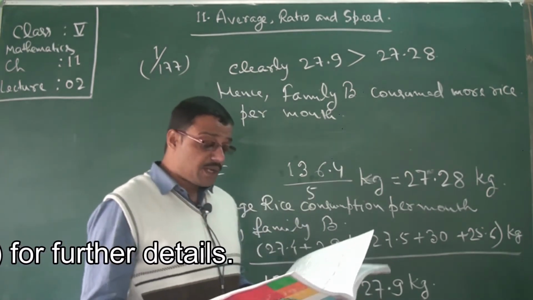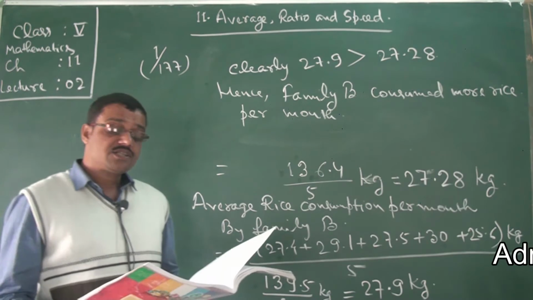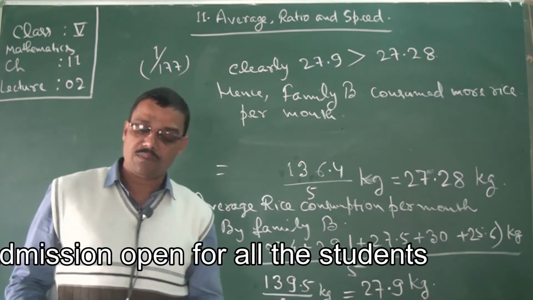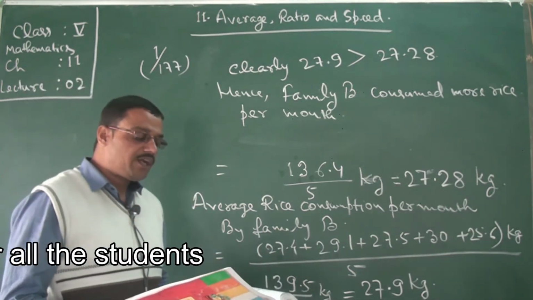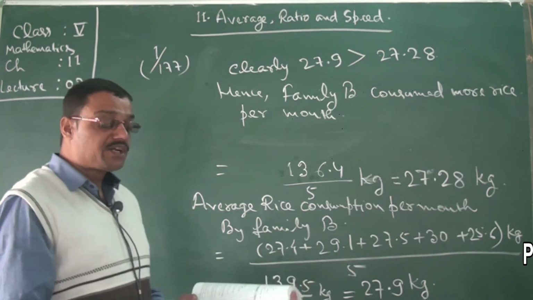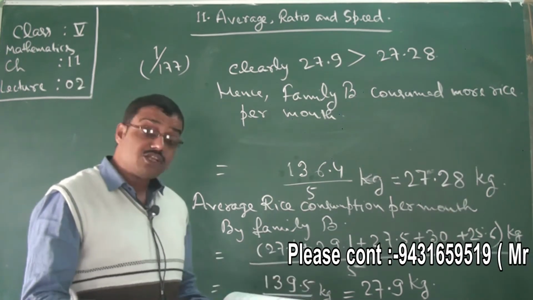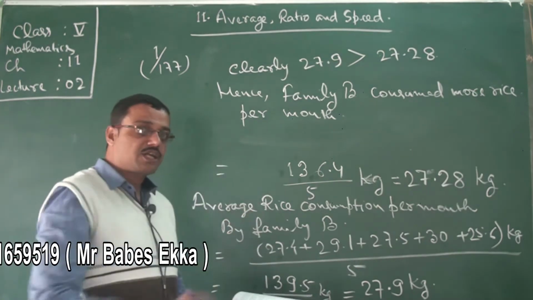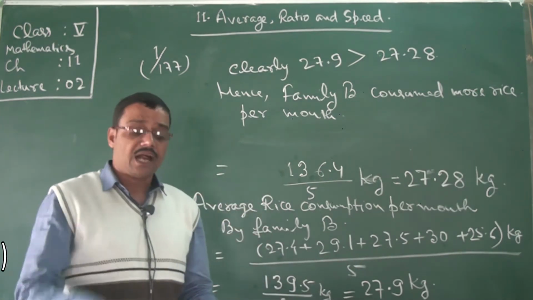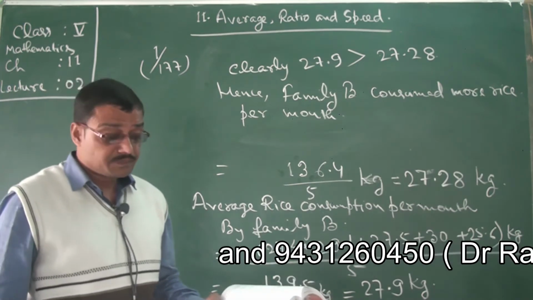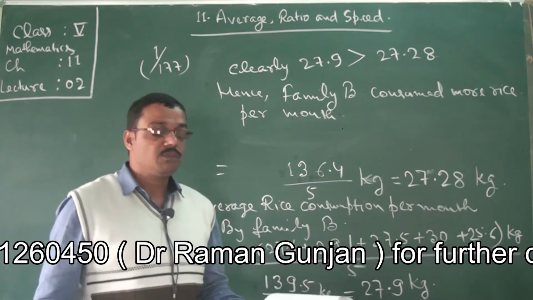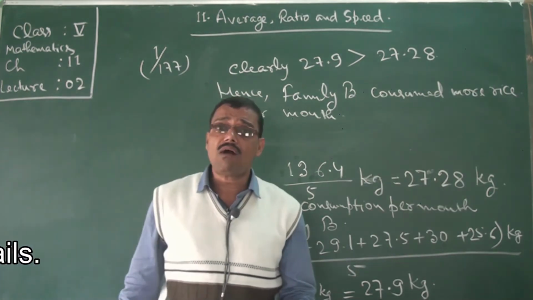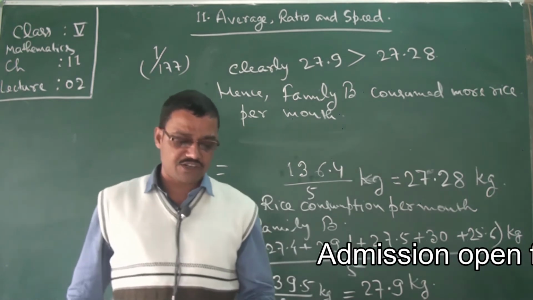For the first company, the salaries of the officers are given. For the second company also salaries of officers are given. We need to find out which company pays better salary. Compare the average of both the salaries. Find out the average of salary for the first company, for the second company, and then divide them by the given numbers. For the first you will divide by 4, for the second you will divide by 5. Now compare the quantities, whichever is greater.